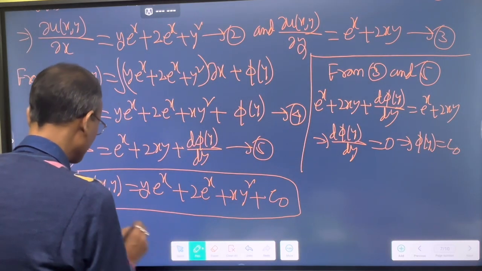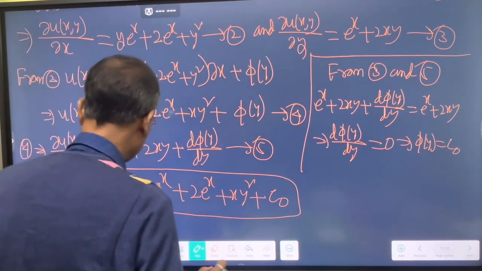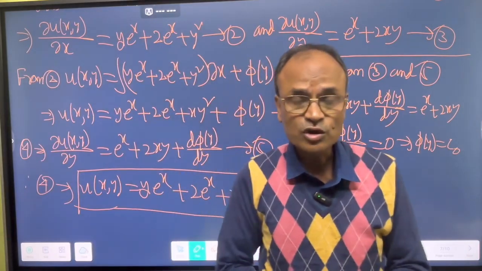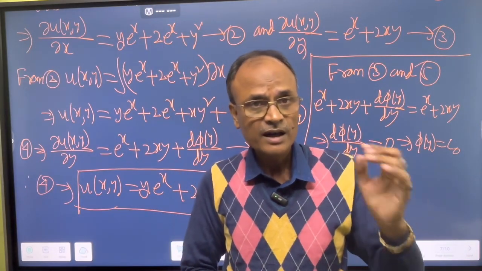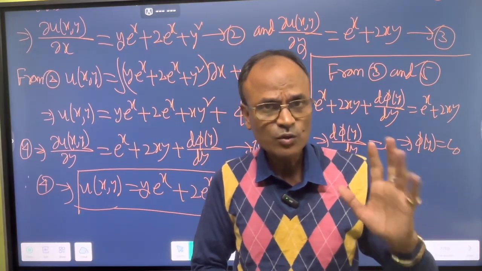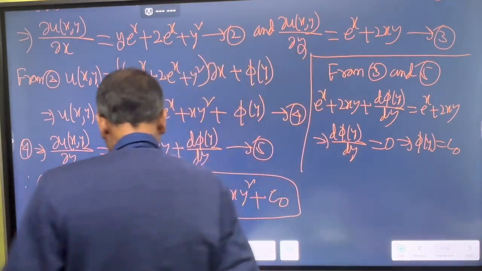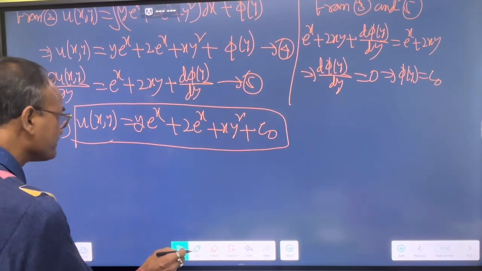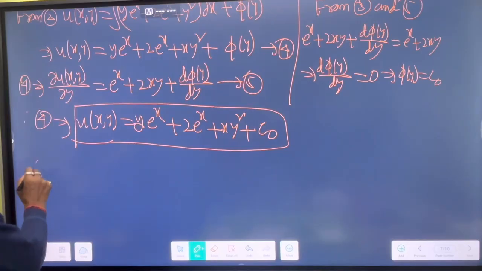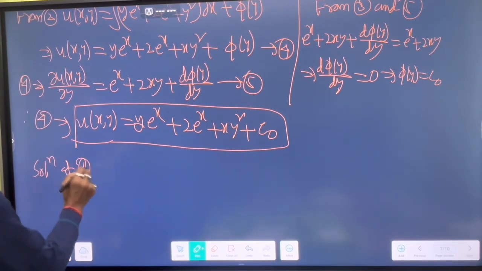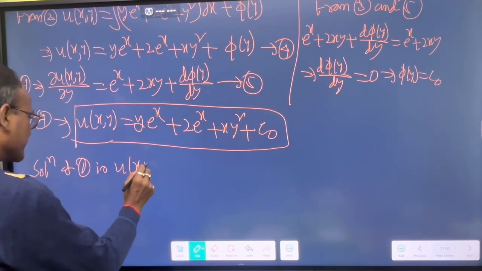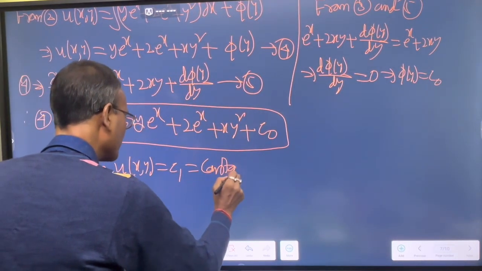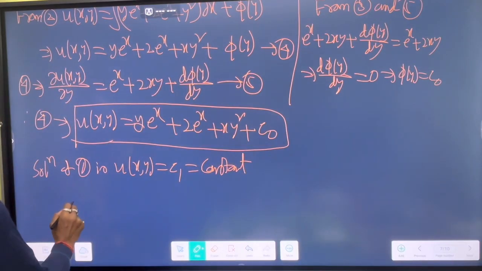We have got this one. Now, what is the solution of the differential equation? The solution of the differential equation is u(x,y) equal to constant. The solution of (1) is u(x,y) equal to constant. Therefore, u(x,y)